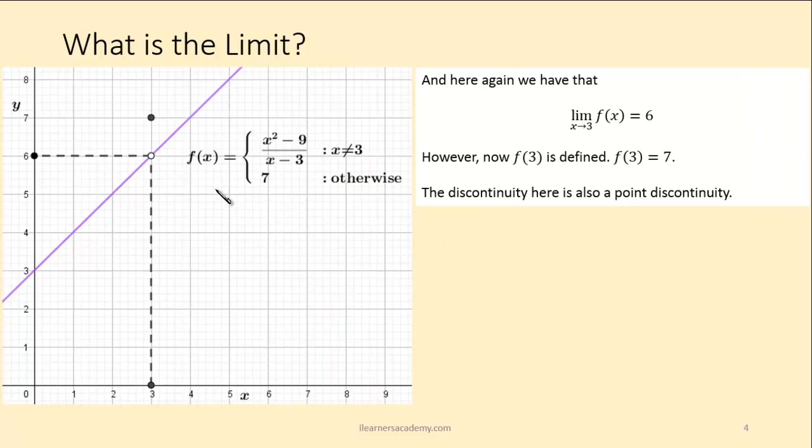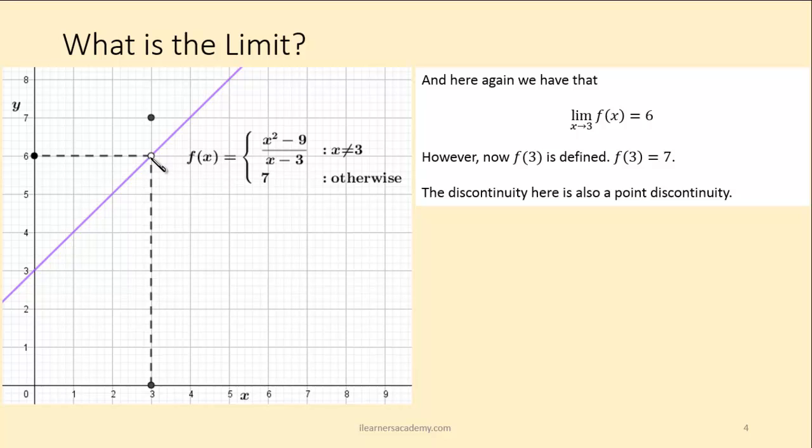Once again, we have a function that is similar to the previous one. The graph of this function is a straight line with a hollow circle right at this point. However, unlike the previous case, this function is defined for x equals 3, and it is defined as being equal to 7. So don't confuse these two issues now. The definition of the function at a certain point and the limit of that function as x approaches some particular value of x. If we were to move along this line, we see that as the x-coordinate gets closer and closer to 3,